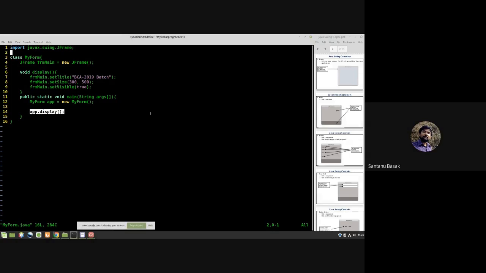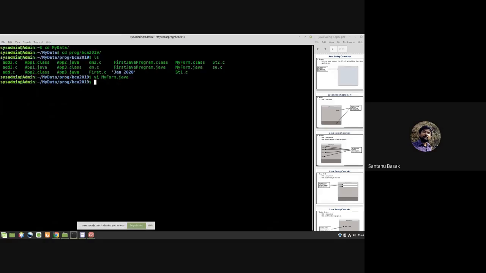If the display method is invoked, then automatically lines 7 to 9 will be executed, and if those lines are executed, then our aim will be fulfilled. Okay, so let's see what happens after the execution of this code.